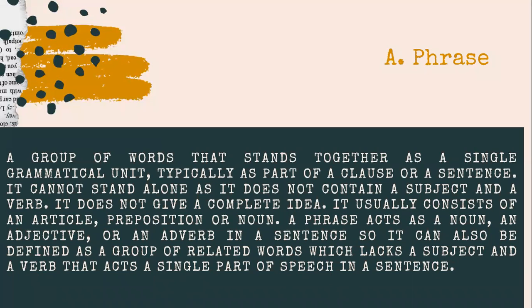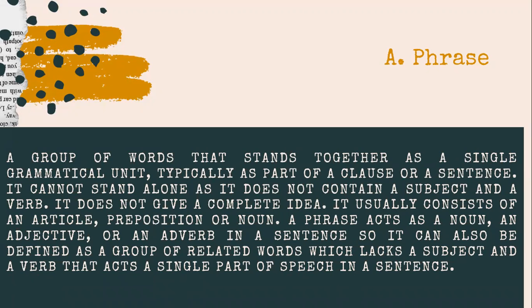main topic for today. Let's first define what is phrase. A phrase is a group of words that stands together as a single grammatical unit, typically as part of a clause or a sentence. It cannot stand alone, as it does not contain a subject and a verb. It does not give a complete idea. It usually consists of an article, preposition, or noun. A phrase acts as a noun, an adjective, or an adverb in a sentence, so it can also be defined as a group of related words which lacks a subject and a verb that acts as a single part of speech